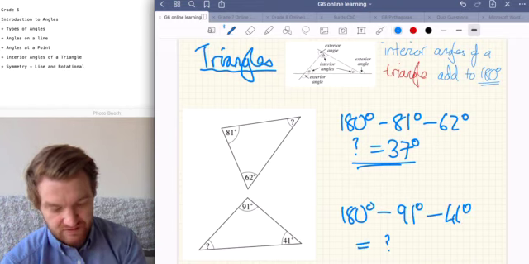The other thing to note for a triangle, and this is an important fact if you get on some of the later questions, the more challenging ones, is that these angles here, an interior and an exterior angle, form a little pair. And hopefully we can see that they're on a straight line. So an interior